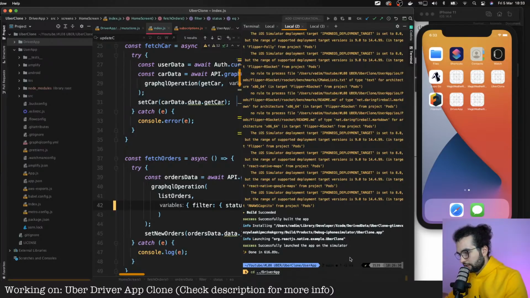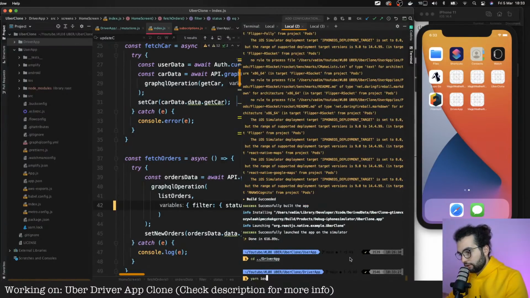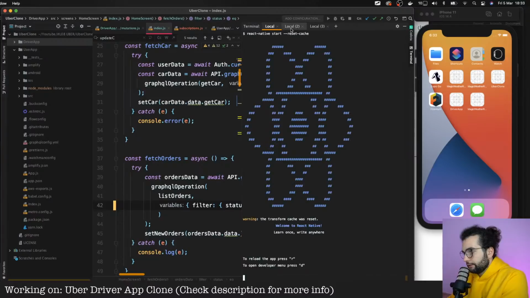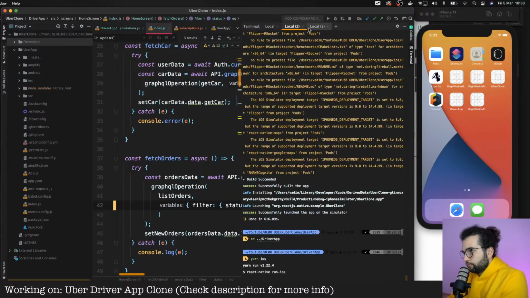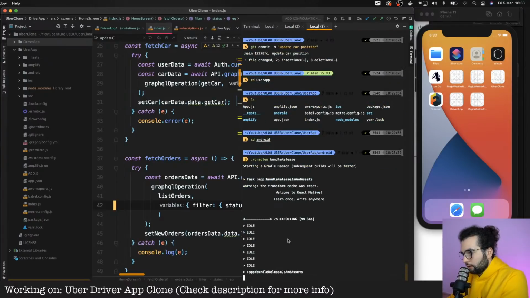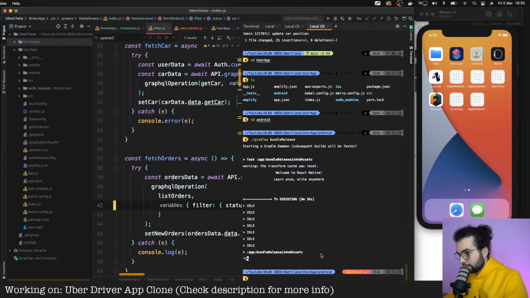Driver up. Let's do yarn iOS. Yeah, here I don't see any results, so I'm gonna cancel it and try again.